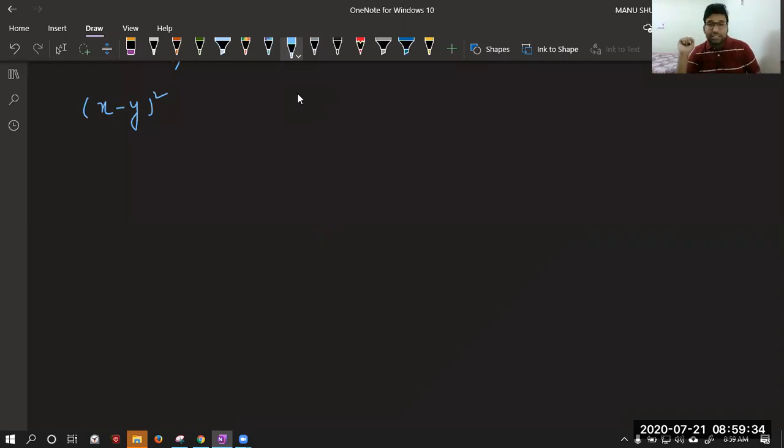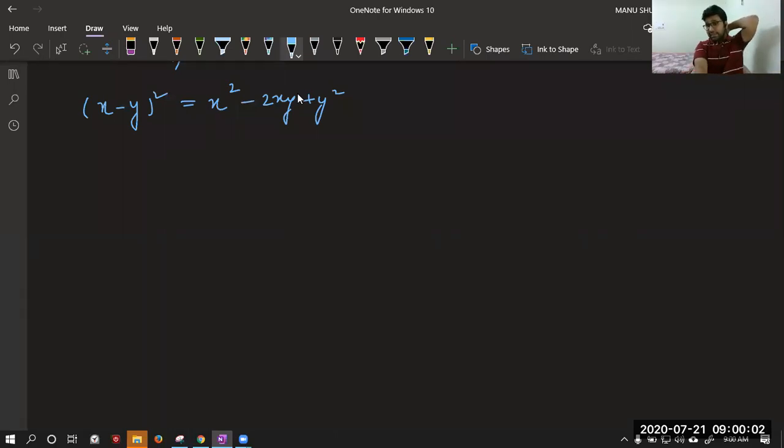So let's move to the next topic. Yes, Krishna, you are correct. Correct, beta. Good. Okay, let me tell you. The formula is x square minus 2xy plus y square. You can find this by simple derivation as we have done in the last case. Ananya, it should have 2 also before that xy. Okay, x square minus 2xy plus y square.